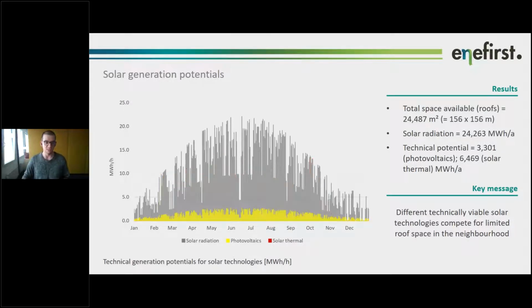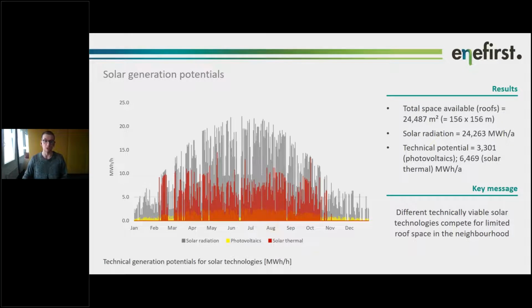You may wonder why these technical potentials for both PV and solar thermal are so low. They are in laboratory conditions, there have been PV panels with an efficiency up to 40% or something, but this is strictly under lab conditions. The model takes into account, on the one hand, the angle of the solar radiation, but also we know from practice that the efficiency of PV panels, for example, deteriorates with increasing temperature. So a PV panel in peak summer times won't be as efficient as in wintertime, for example. And these very detailed technology-specific aspects are properly taken into account in the model.